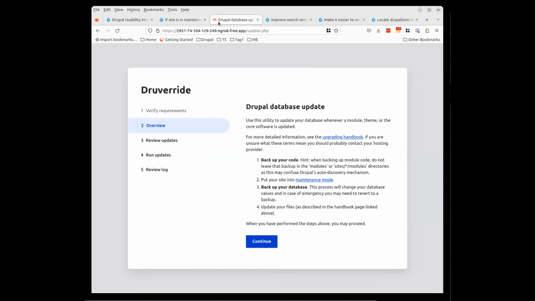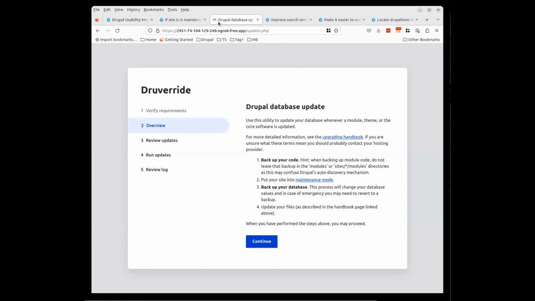Okay, Aaron, you have something to say? I'm wondering if we can borrow from the installer the checklist style approach. I'm not sure if the update system uses this, but in the installer, if everything is good, you don't see this checklist. But if there's something Drupal has identified, like a warning, or your minimum version requirements, or the settings file is not writable, you get a checklist screen with things that need to be all green